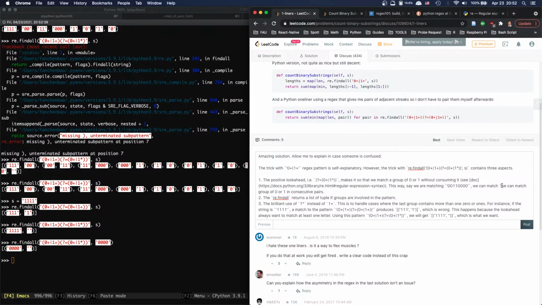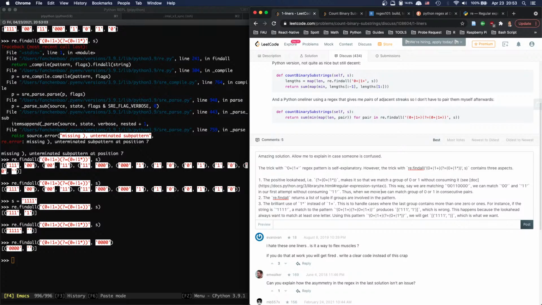We can match 0, 0 and 1, 1 in our first attempt without consuming 1, 1. Thus,